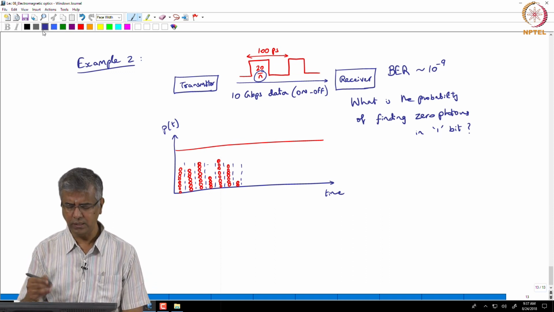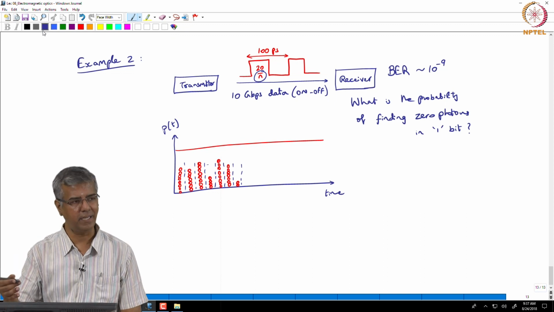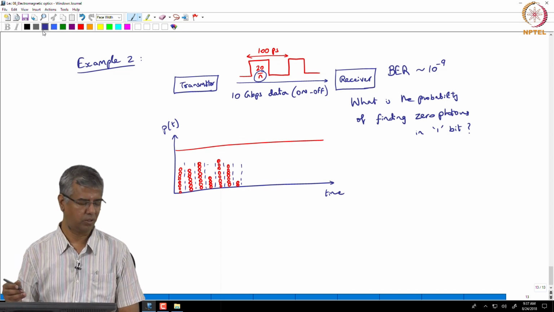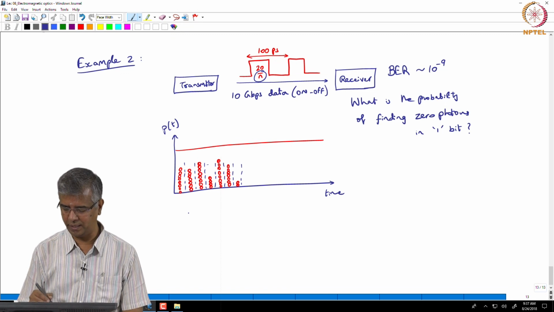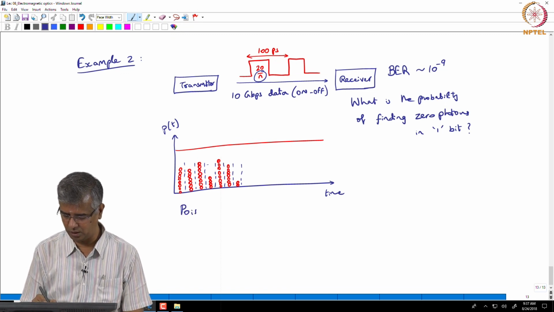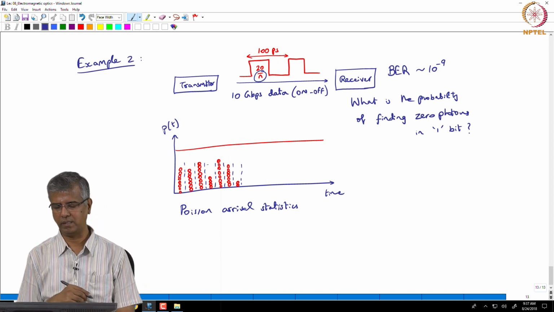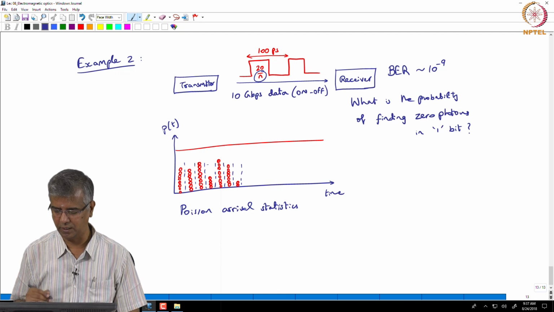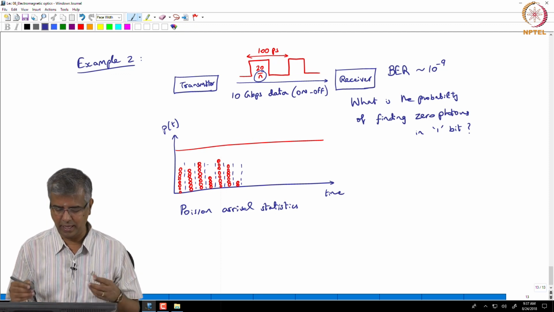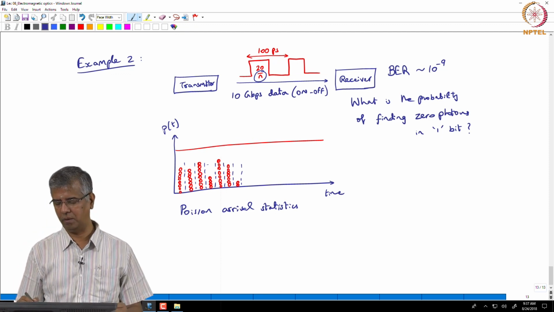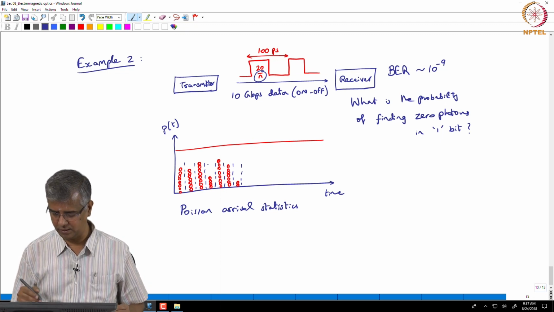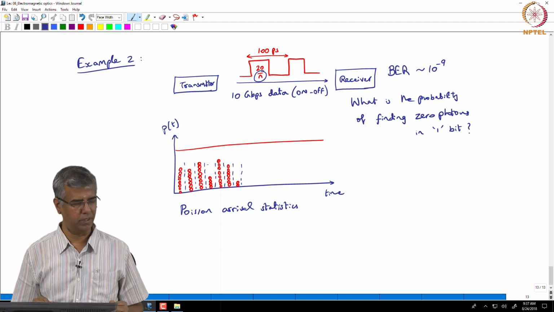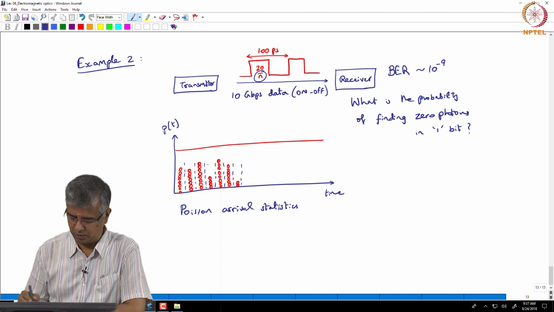Since these photons are independently emitted, you have what is called Poisson arrival statistics, and it is actually not too difficult to derive this formula for Poisson arrival statistics. It is one of the example problems given in your textbook, but you can show that